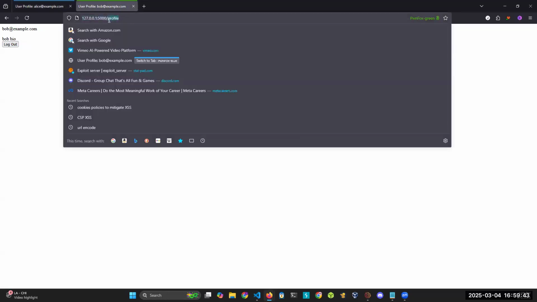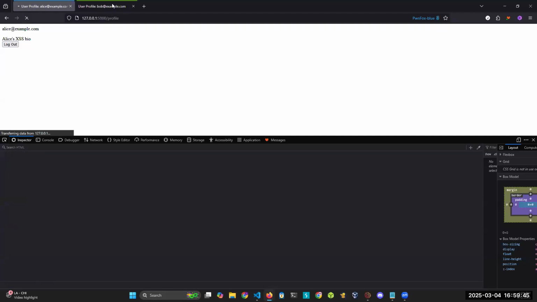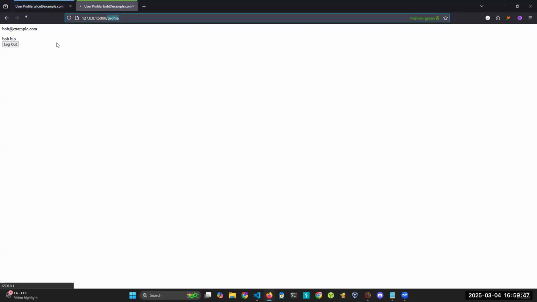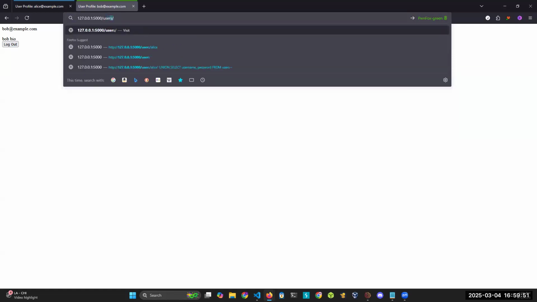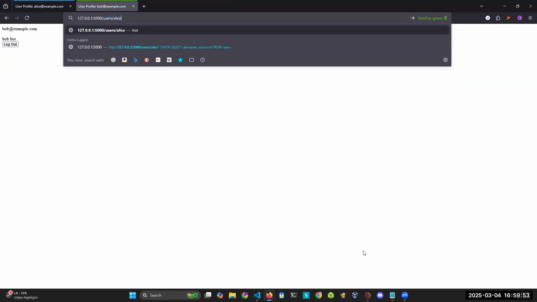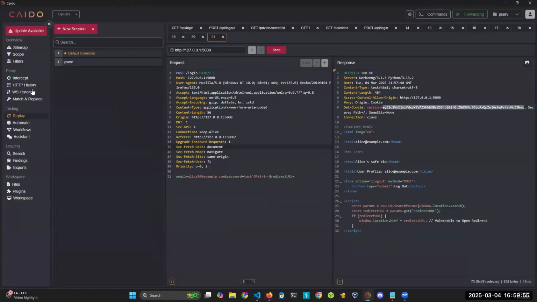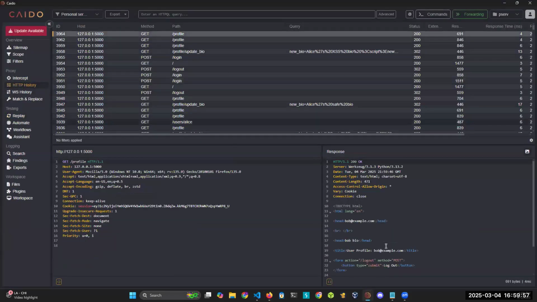So if Bob logs in, this is Bob logged into his profile here in the green tab. If Bob logs in and goes to users/Alice, let's check Bob's cookie. Get profile. This is Bob. So Bob's cookie is this. This is what we're trying to steal, this